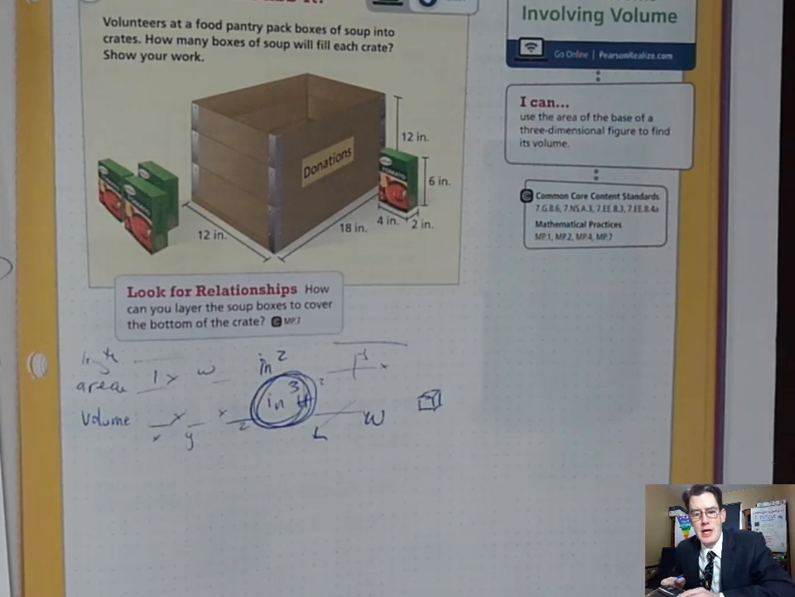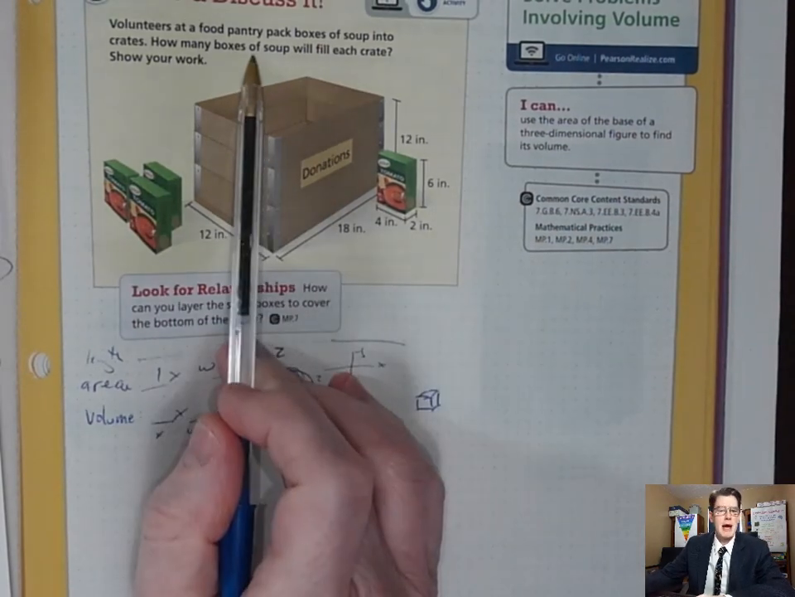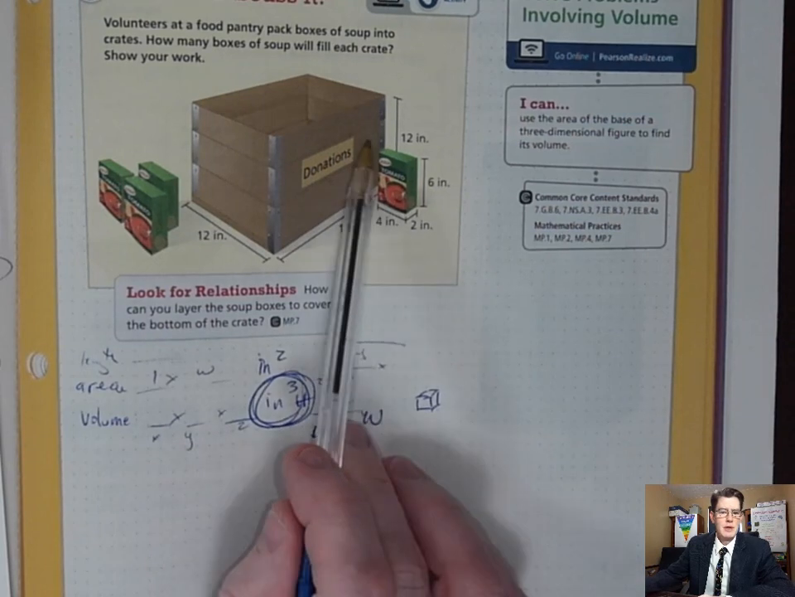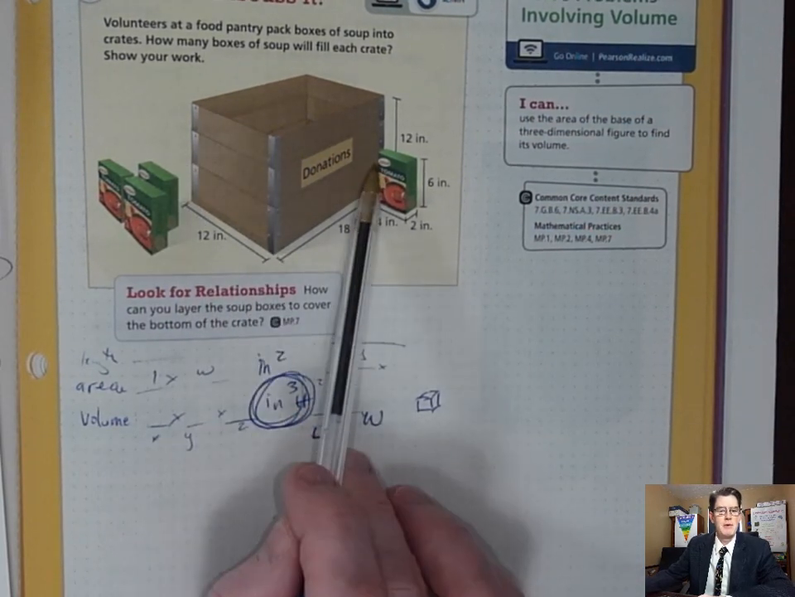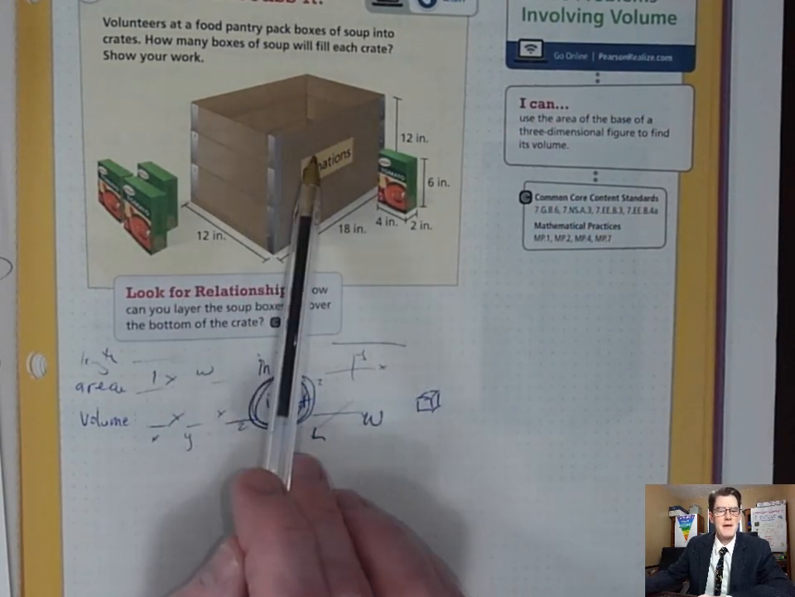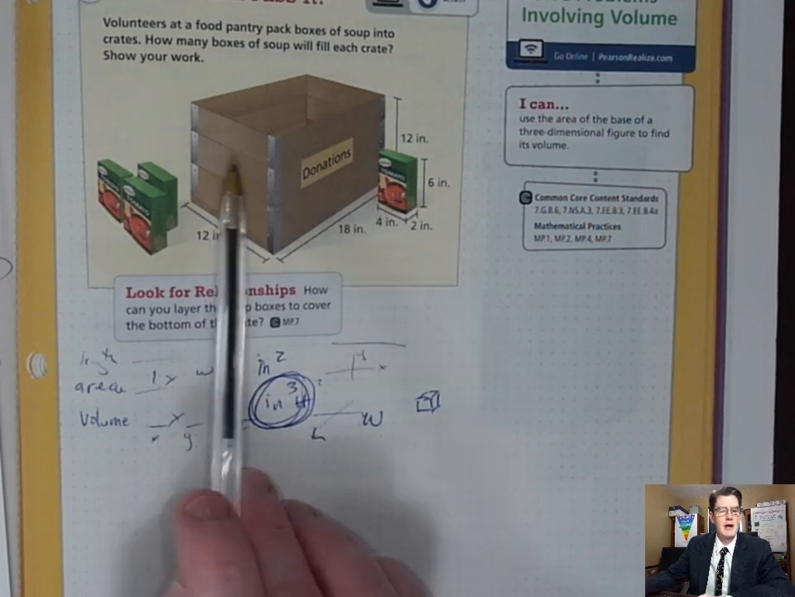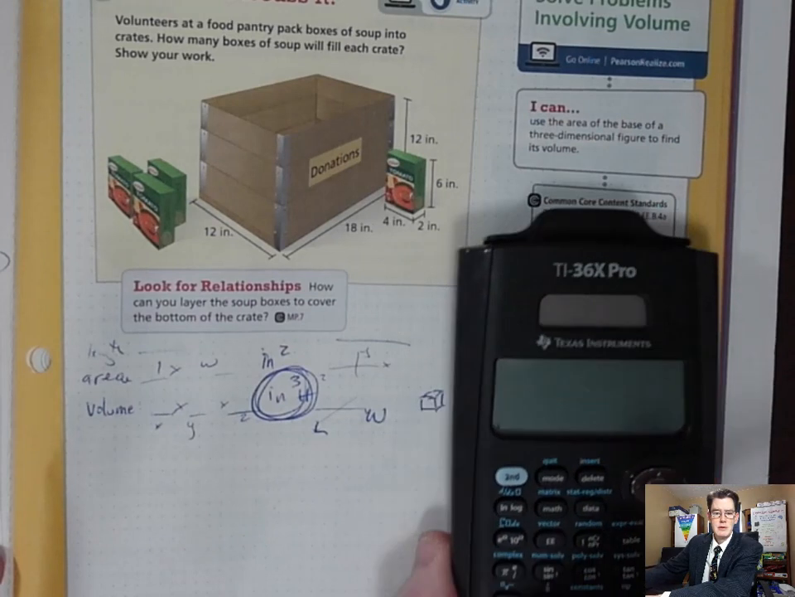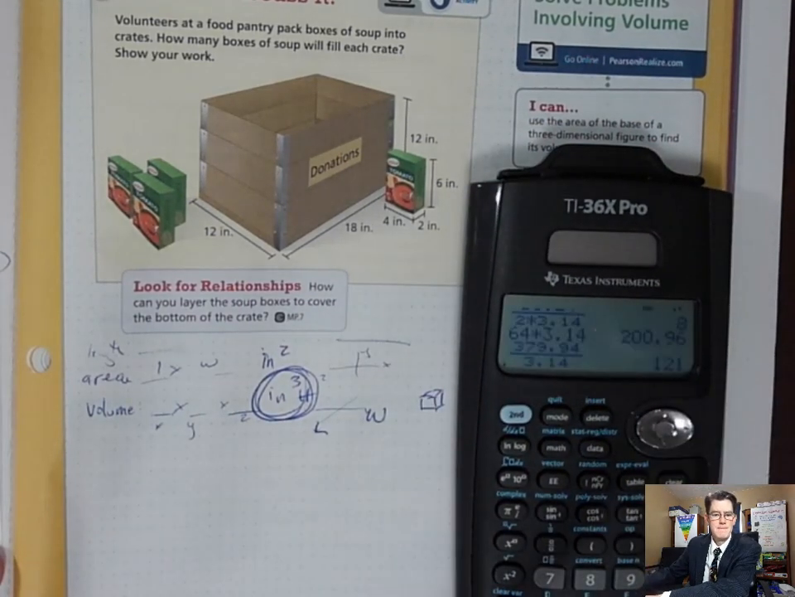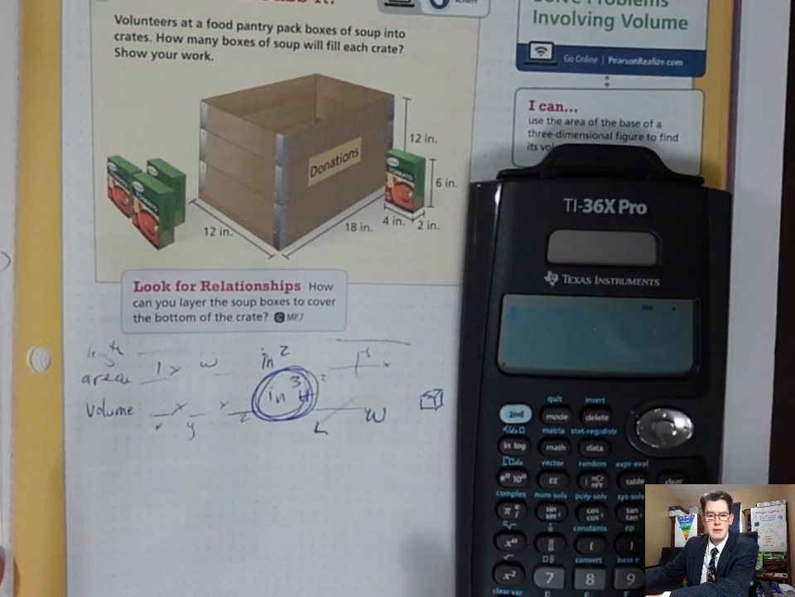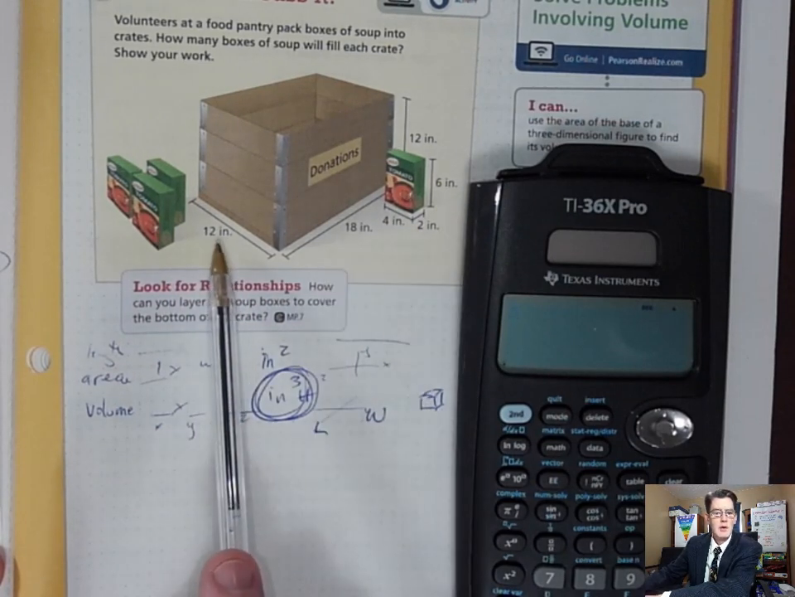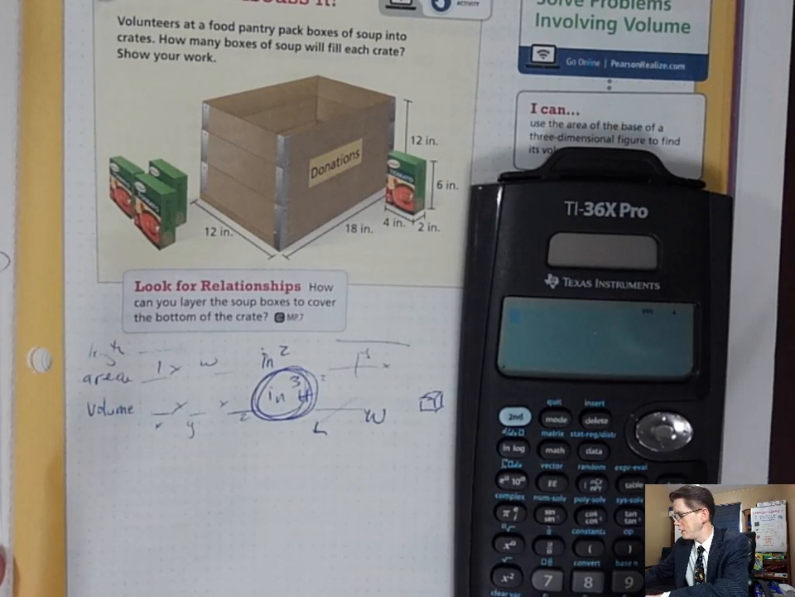Why don't I get one as well then? So they're asking you, volunteers at a food pantry pack boxes. How much can fit to fill the crate? Well, they give you the volume. You find the volume of the whole box, and then find out how many of these volumes can fit in there. That's how we would solve this one. In fact, I think I'll just go ahead and solve it to show you what we do here. The volume of the box is length times width times height. So 12 times 18 times 12 is